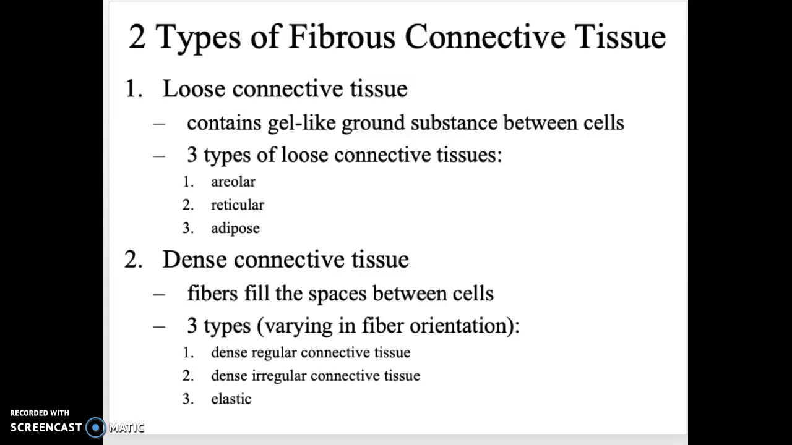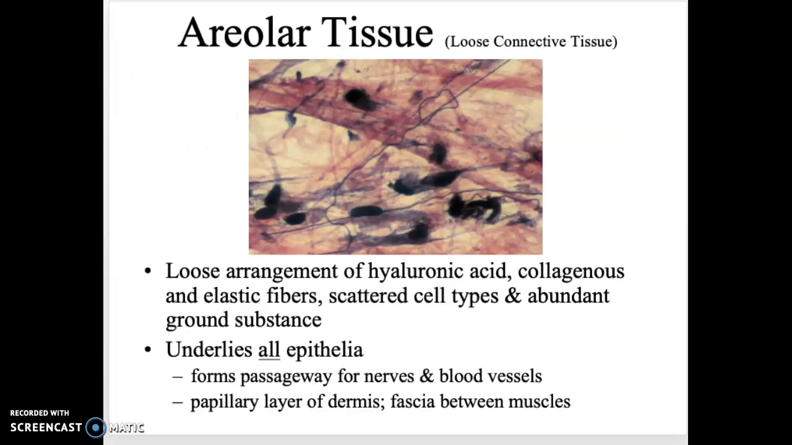Okay, so we have two types of fibrous connective tissue. There's loose and dense, and we will go through each of these. Same idea, you should know the name, location, and function for each. First type of loose connective tissue is called areolar tissue. It looks like a scrambled mess, but this